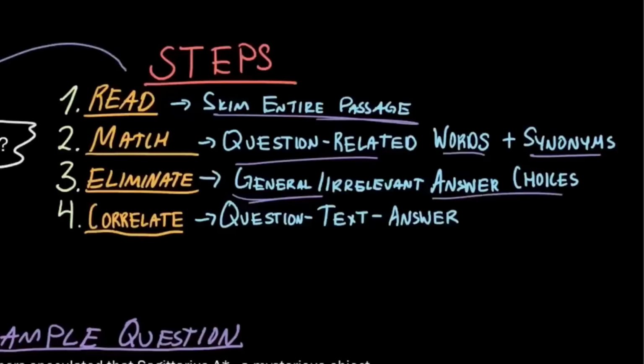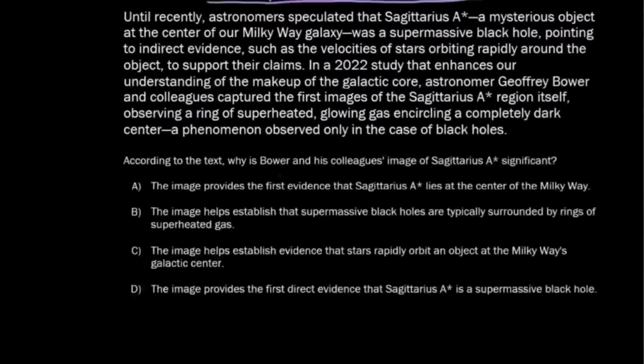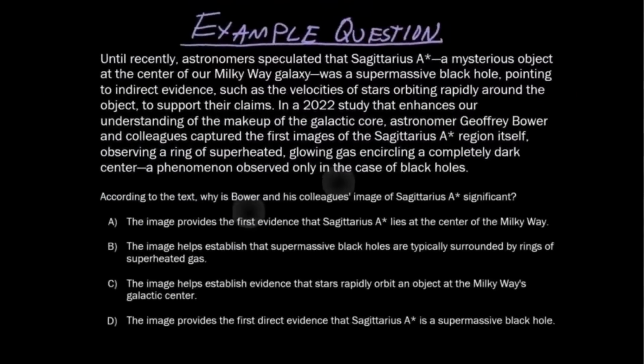So you're going to eliminate those kinds of answer choices, and I think it's irrelevant. Then you're going to correlate the question to the text to the answer. Let's see what that means with our example question. So, until recently, astronomers speculated that Sagittarius A prime, was a mysterious object at the center of our Milky Way